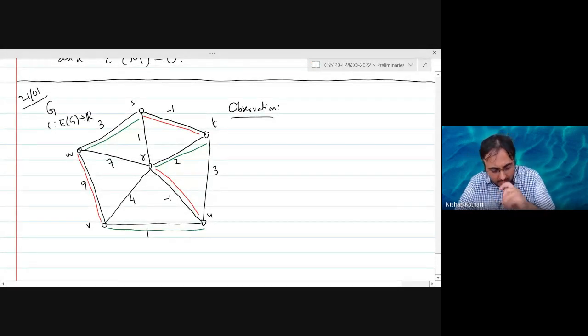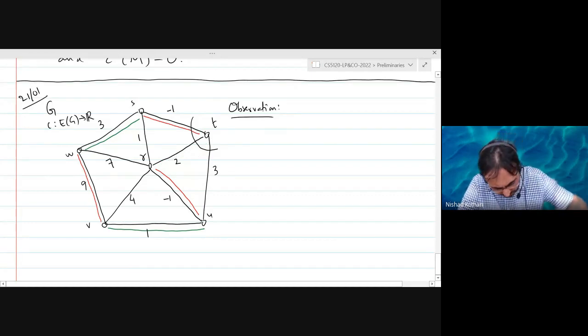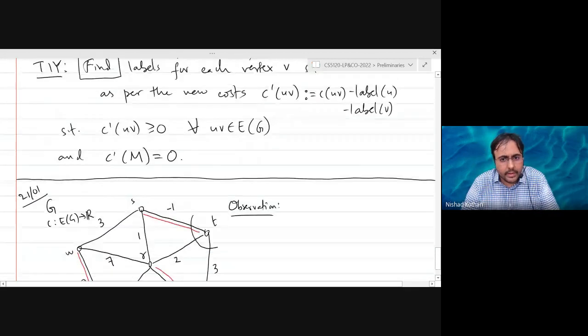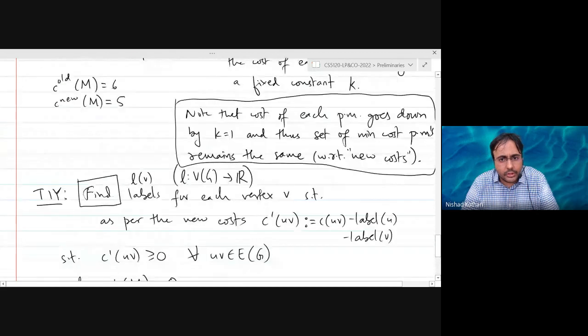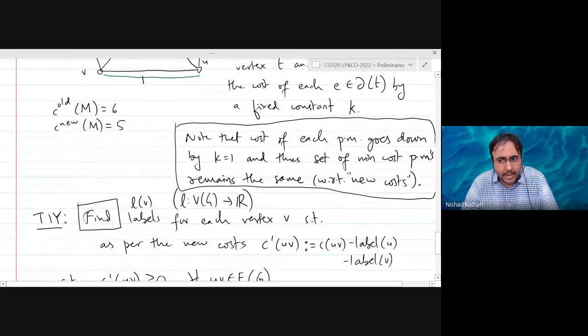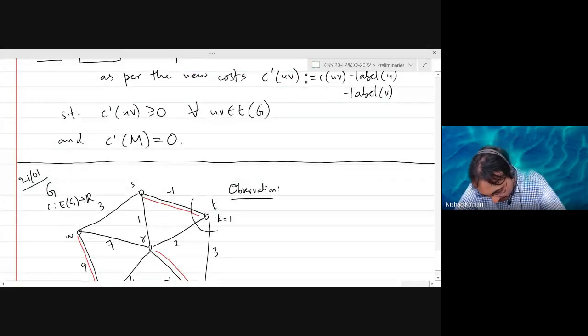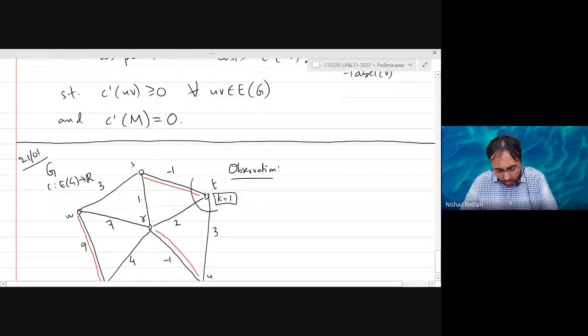What we did is, for a particular vertex in this graph, we considered the vertex t arbitrarily. It doesn't matter. I don't want this green colored edge. Right. So for a particular vertex t, we reduced the cost of each edge by exactly 1. So I'm going to put k equal to 1. And for all edges,